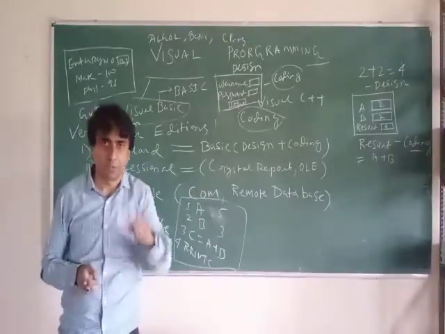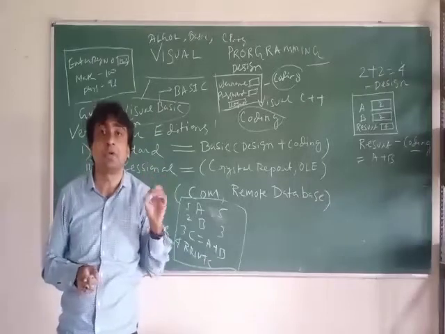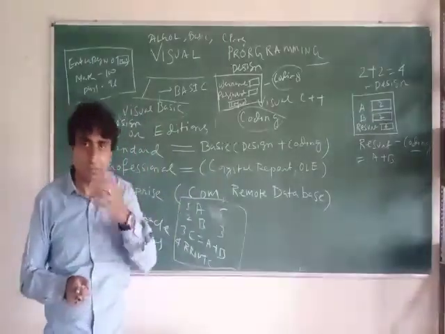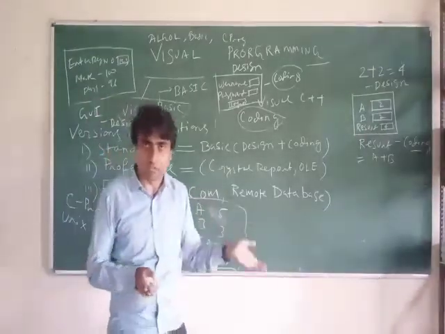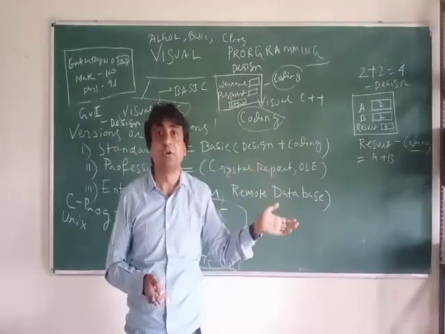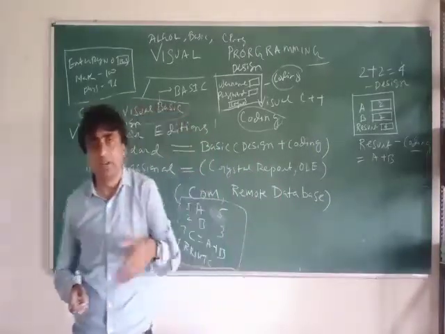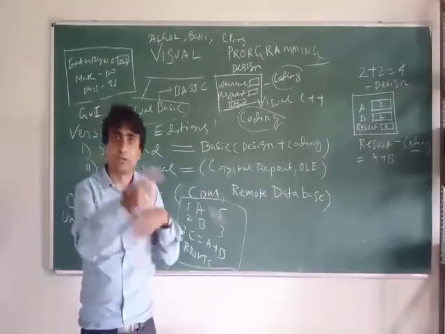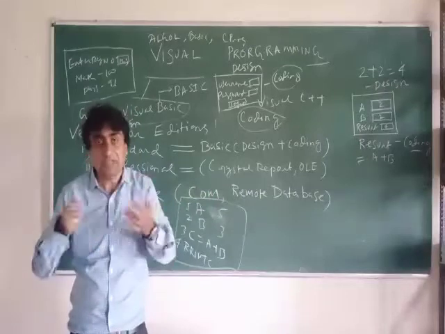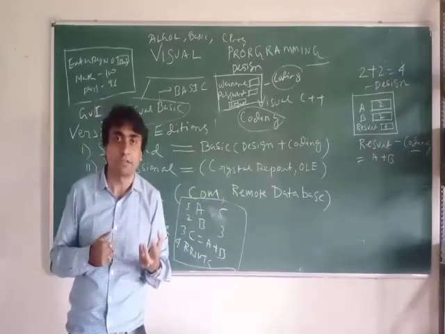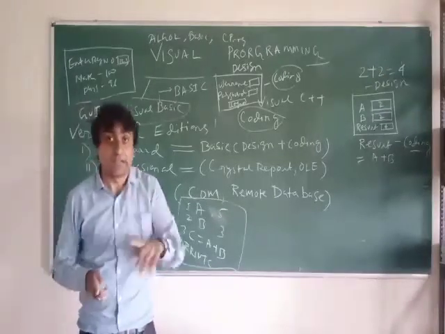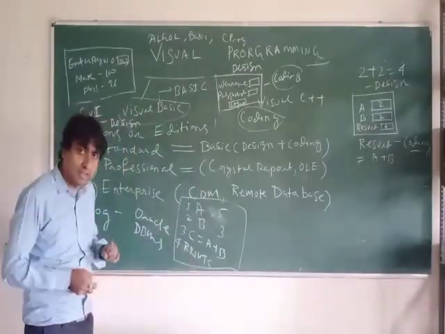Microsoft Office. Everybody knows, you are computer science students, you know MS Office. MS Office 2000 was there, 2003, 2007, 2010, and now 2017 is going to come. Operating systems: we used XP earlier, then Windows 7 came, Windows 8 came, Windows 10 came. These are the versions or editions. Why are they required? Updations. Every old software will be updated with new versions or new editions. Like that, here also.